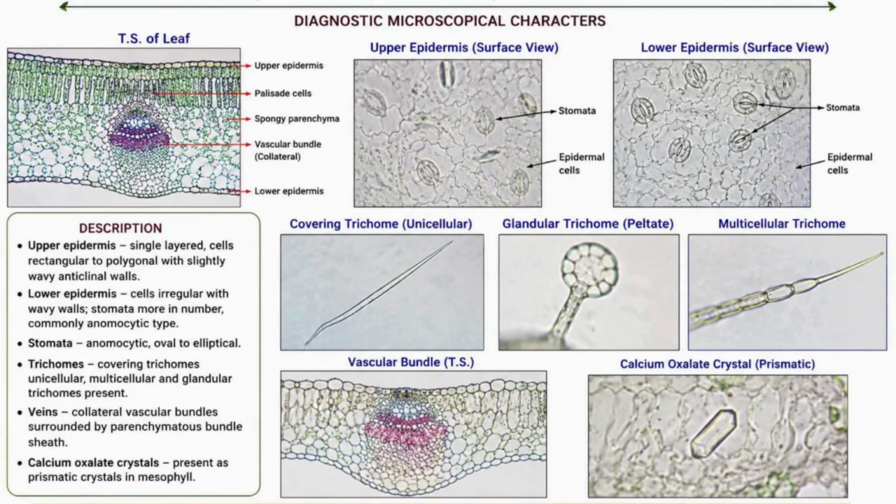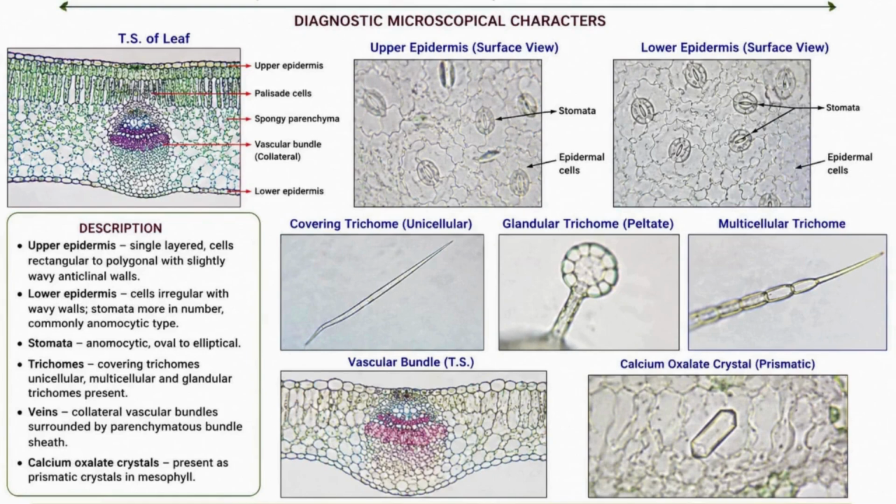Another important diagnostic feature is the presence of trichomes or epidermal hairs. Tulsi leaf shows different types of trichomes including unicellular covering trichomes, multicellular trichomes, and glandular trichomes. These structures are particularly important for the identification and authentication of the leaf. The glandular trichomes are associated with the secretion and storage of volatile constituents, contributing to the characteristic aromatic nature of Tulsi. Finally, prismatic calcium oxalate crystals can be observed